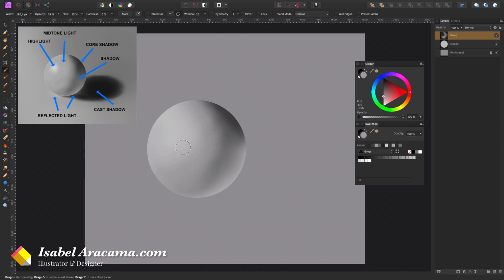Now maybe I don't even need to paint much of my highlight if I'm painting this in a color that is gray and not too white. Probably I will give it just a touch there so everything is more clear. But basically you start to see where the highlight is placed in your sphere, like there, not too bad.